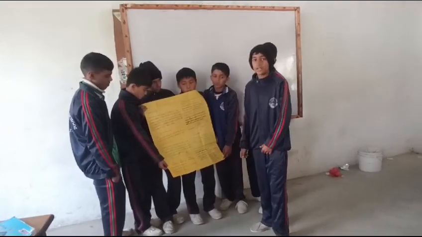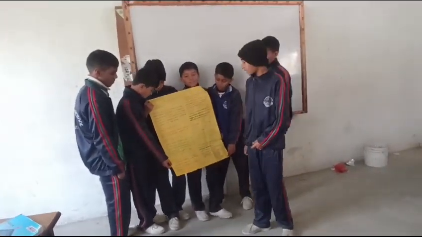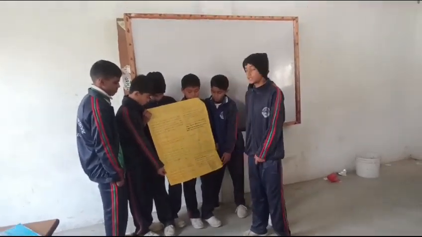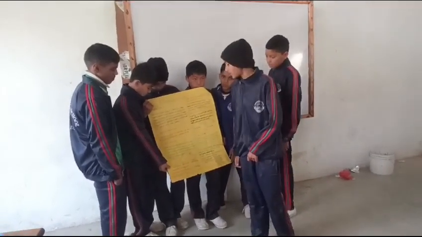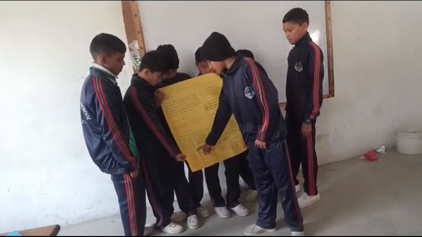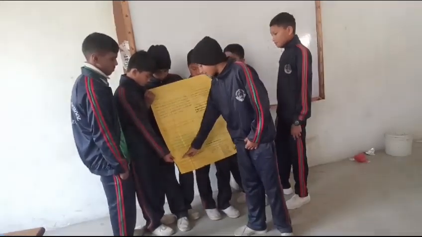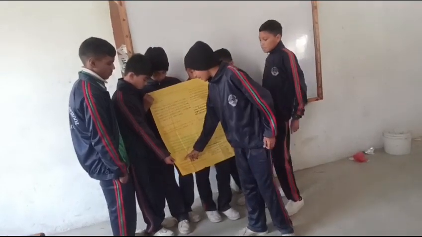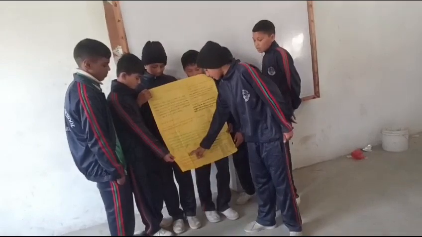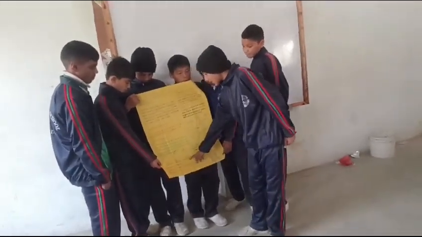The grouping of cells in which the negative terminal of the first cell is connected to the positive terminal of the second cell, and so on, is called series combination of cells. This is the diagram of the series combination of cells. It shows one cell in the circuit, then when one more cell is added, two cells in the circuit, and another with three cells in the circuit.